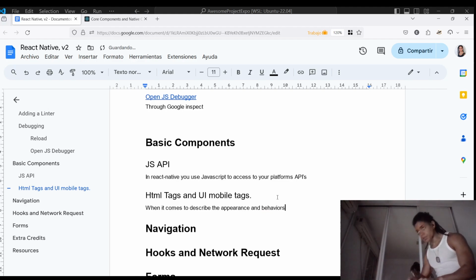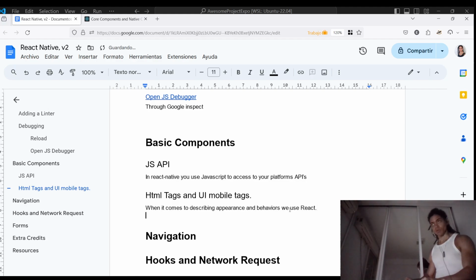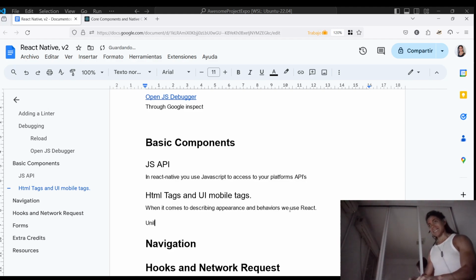When it comes to describing appearance and behaviors, we use React. Unlike React on the web, where we can have access globally to HTML tags,